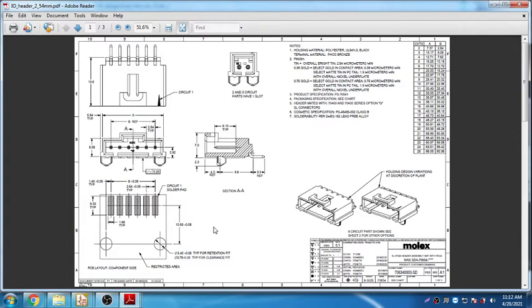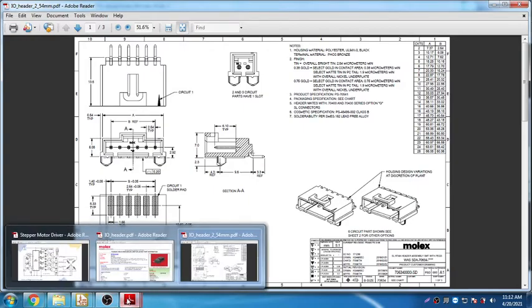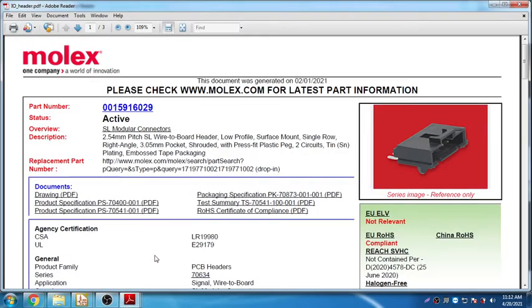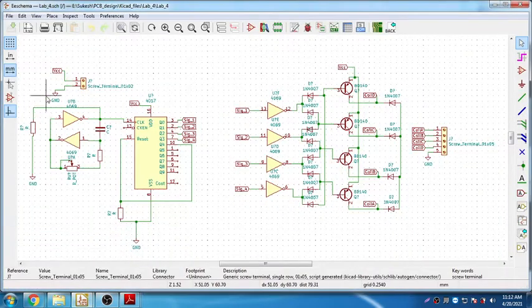We are looking for a 2-bit connector. Let's say I'm looking for a 2-bit connector. So there is a connector here, there is a connector here. This is a 2-bit connector, which I'm going to use in my circuit over here. I'm going to use a power supply connector here, which is a 2-bit connector. One is VCC, another is ground. So I'm going to design a footprint for this component.